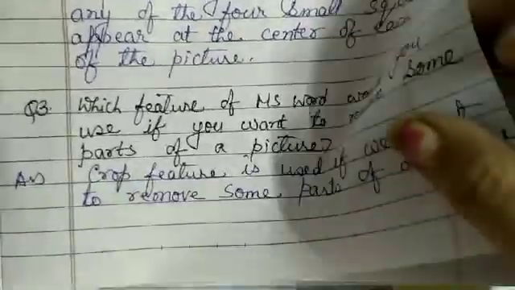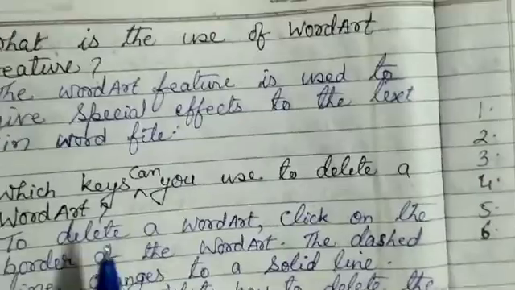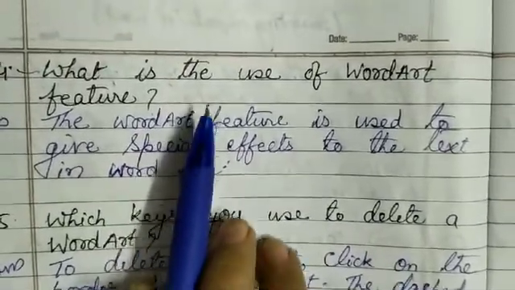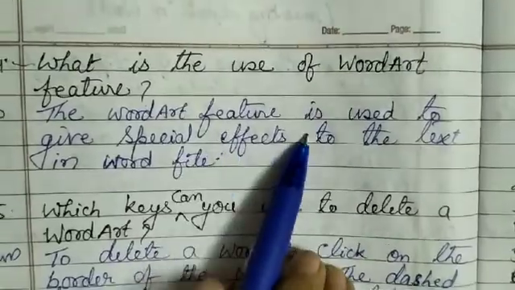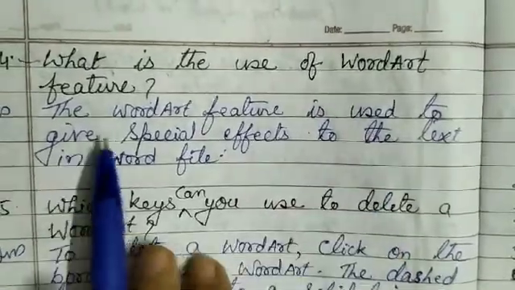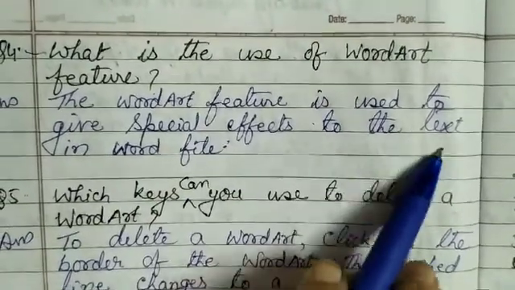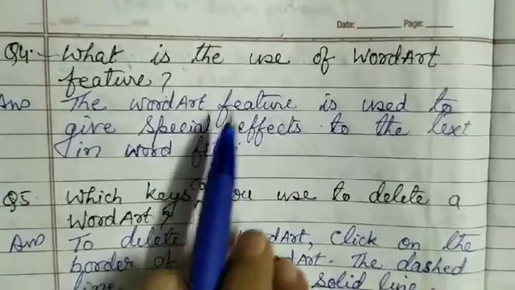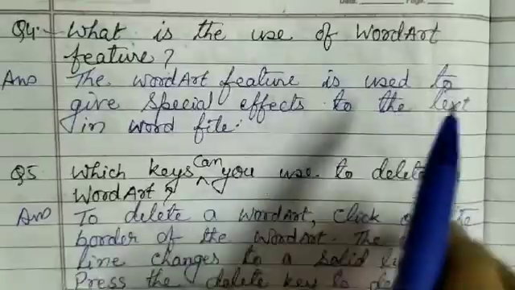After this, our next question is, what is the use of word art feature? The word art feature is used to give special effects to the text in Word file. In Word file, it gives the special effect to